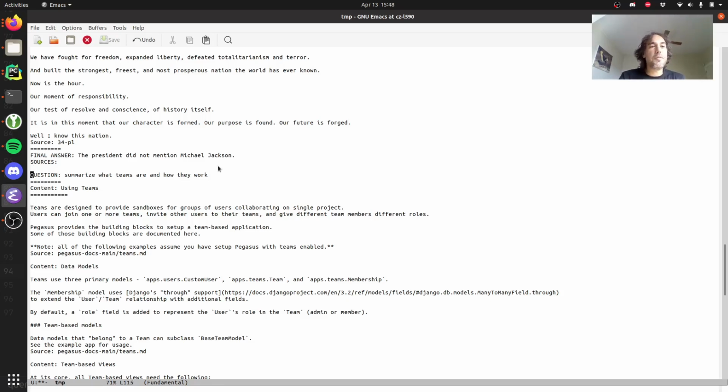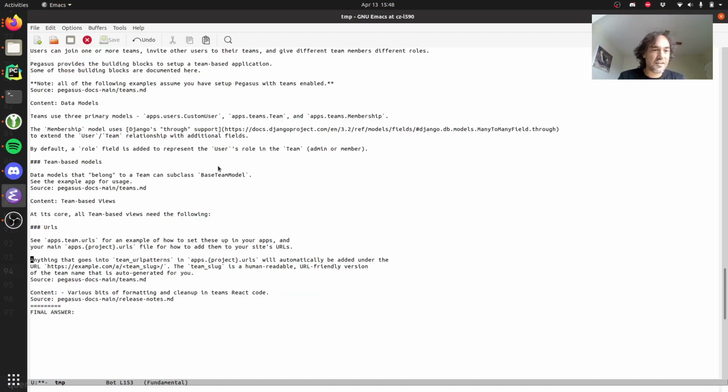But at the bottom, it then puts your custom content in here, and then finally gives this final answer colon. And the reason it's doing this, it's using the chat completion API instead of the chatbot API, where you kind of have more of a Q&A flow.